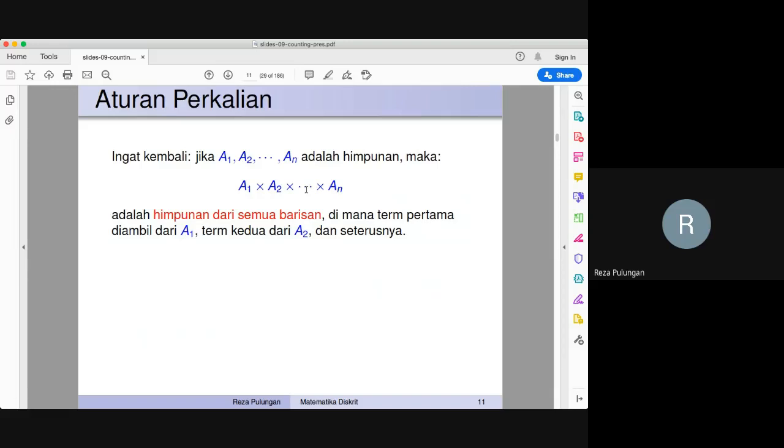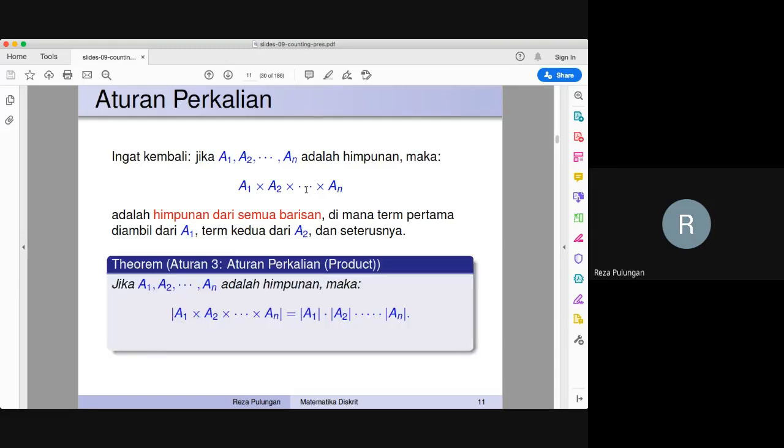Yeah? So you're supposed to have seen this before the midterm exam. So this is basically how to create the product of several sets. What is the product of several sets? Now, if you already know this, then we have the third rule, namely the product rule.